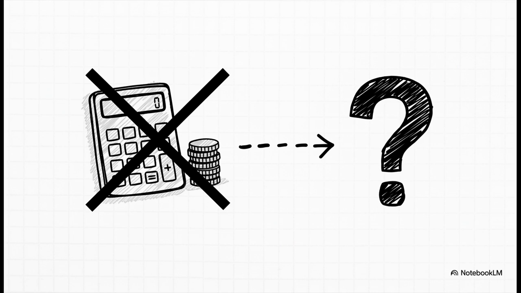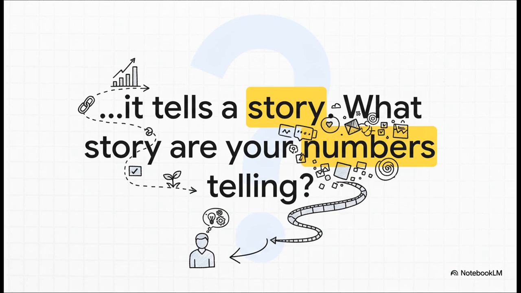So when you really think about it, the accounting cycle is doing so much more than just counting the money that comes in and the money that goes out. It takes all those individual, meaningless numbers and weaves them together into a narrative, a story of success, maybe a story of challenges, a story of opportunities. It's the story that any leader, any manager, any investor needs to understand to make smart decisions. So the question I'll leave you with is this: what story are your numbers telling?